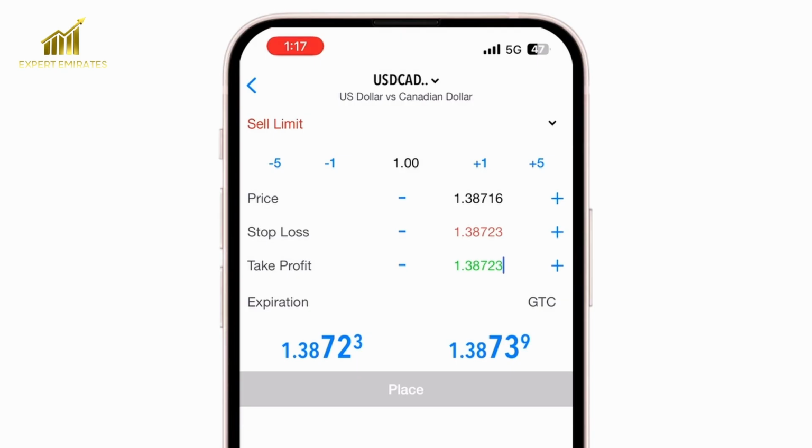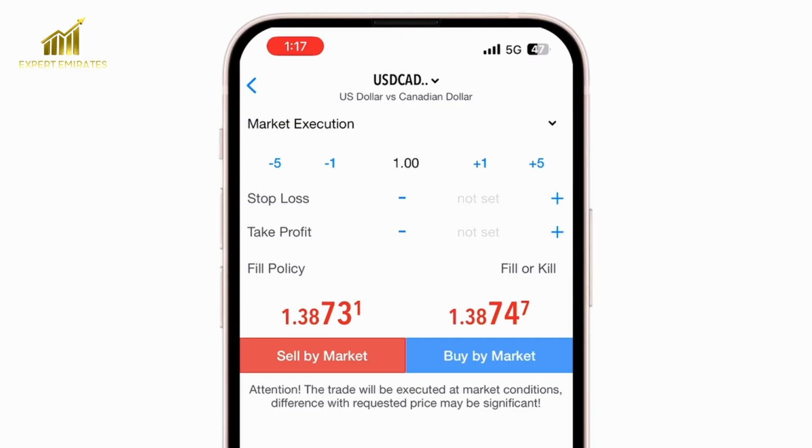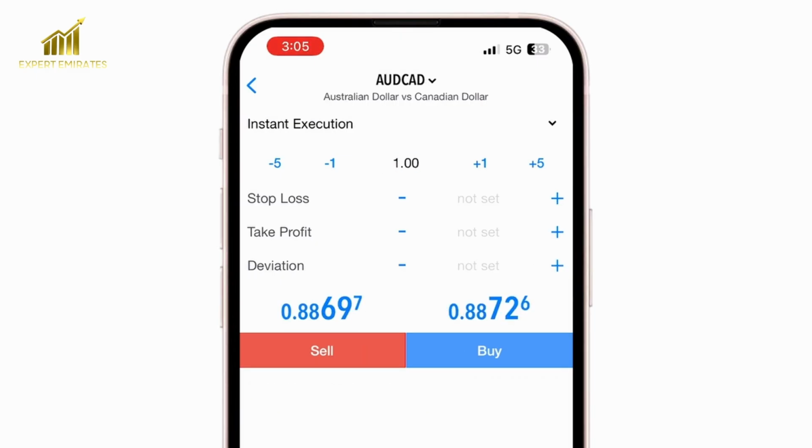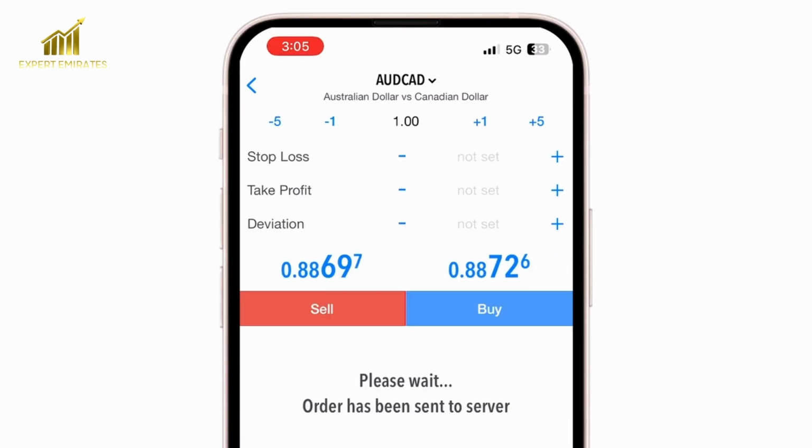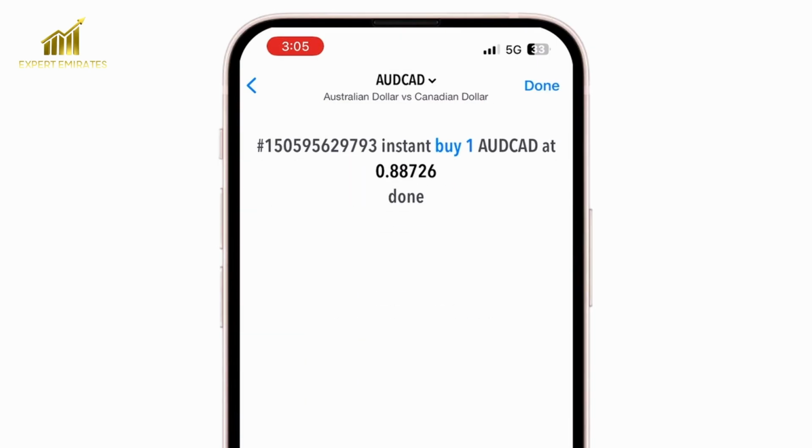I'm sure you have learned all these 3 options that I just taught you, but if you are still confused, no worries, you can rewind this video and simply do the same. Now the last step is to place the order. Let me place a live trade also to teach you. I entered my lot size here. You can set your stop loss and take profit according to yourself and hit buy. Now my order is already executed.